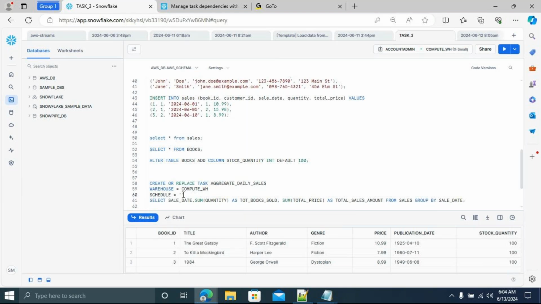Schedule equal to minutes. I'm asking, I want this cron. What values do I want to place here? Schedule equal to using cron. This is what I'm expecting from you, but you're not opening your mouth and saying the answer. Using cron, and then I want to trigger